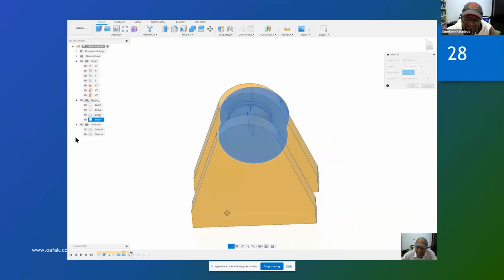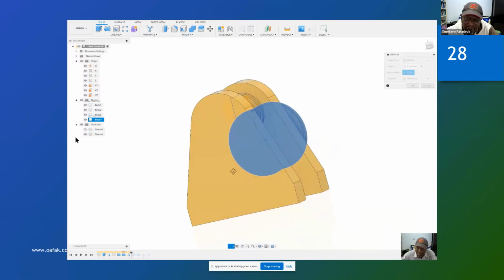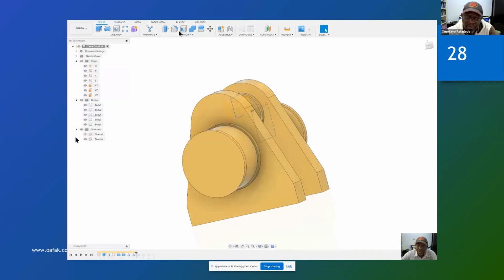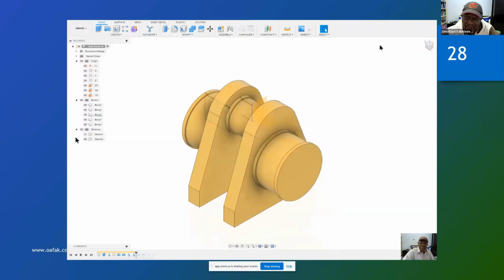The mirror plane here. Yes, that's the mirror plane. You're creating a new body. Join, no, new body. Okay. So we now have, go to the origin. Okay. So we have a single crank